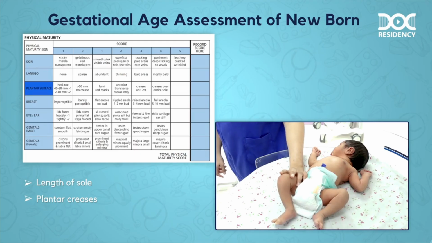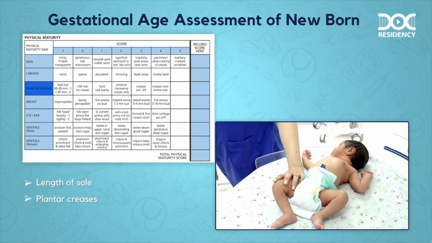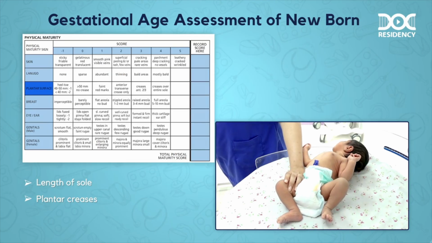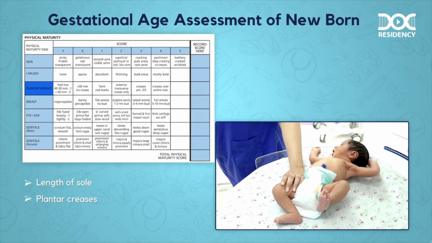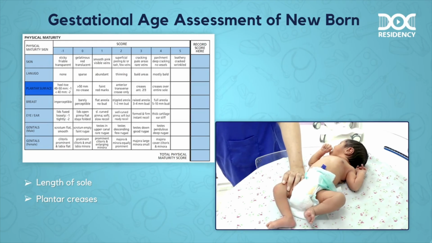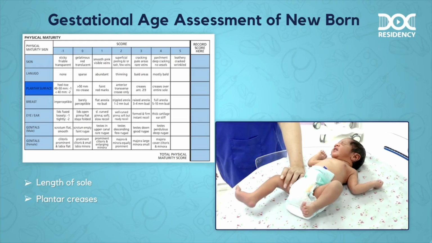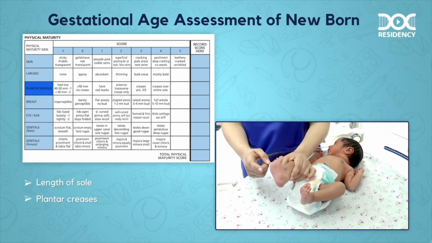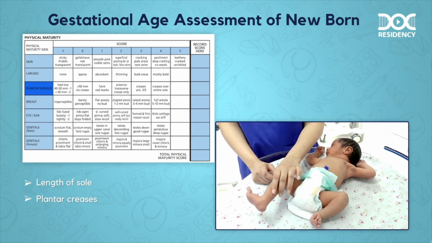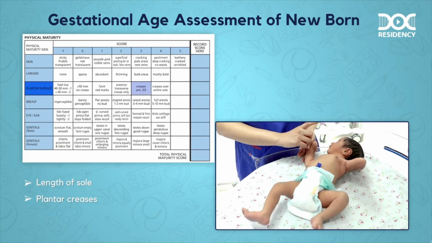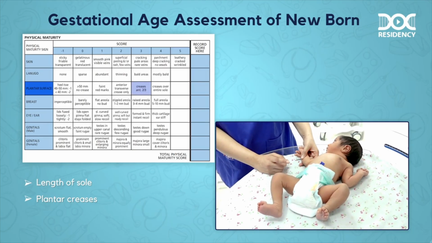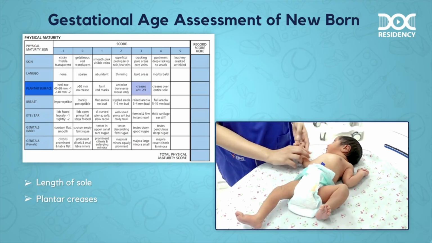Based on the presence of the ridges across the plantar surface, maturity is graded from 0 to 4, based on the presence of no red marks or faint red marks, and in a more mature baby, we will have plantar creases that occupy the entire sole, versus in a less mature baby like this baby, the markings would only occupy the anterior 1/3 of the foot. So this, as well as ears and eyes, have a score of -2, which might be more relevant for a baby who is less than 28 weeks.